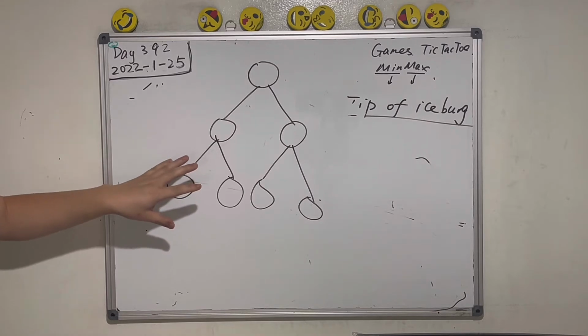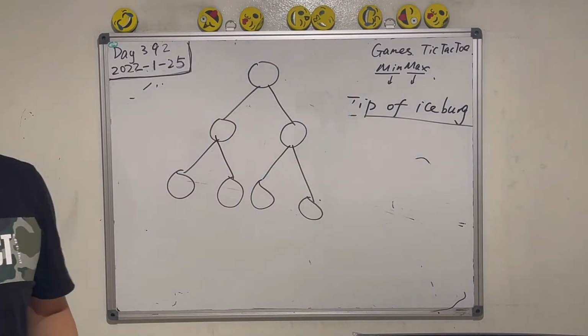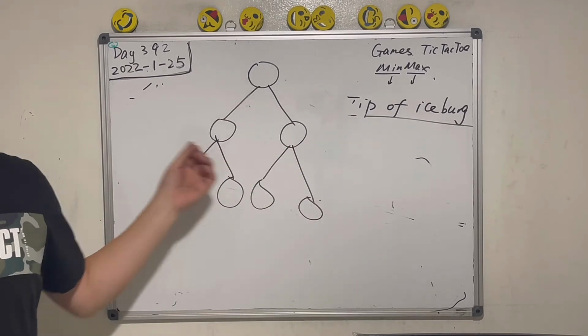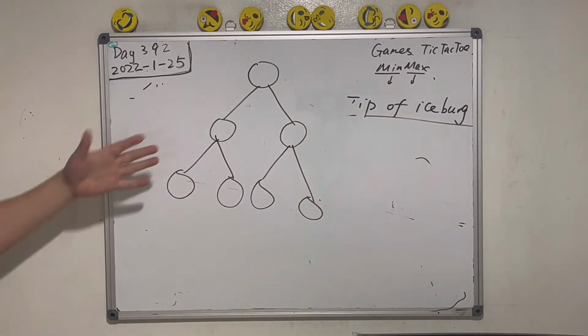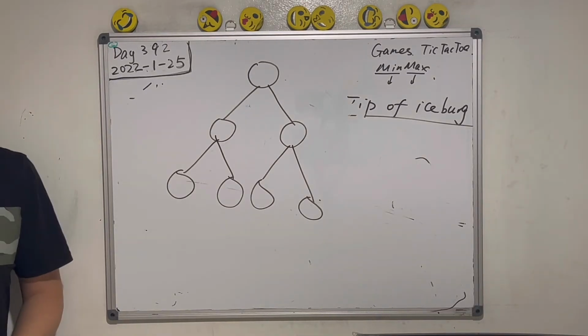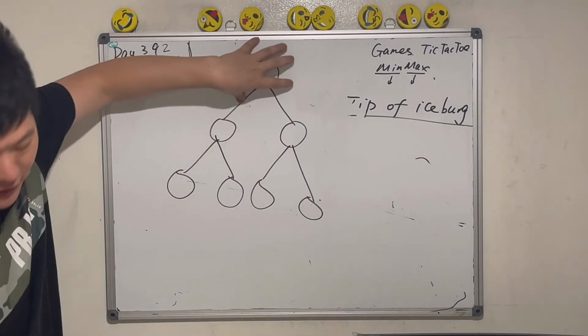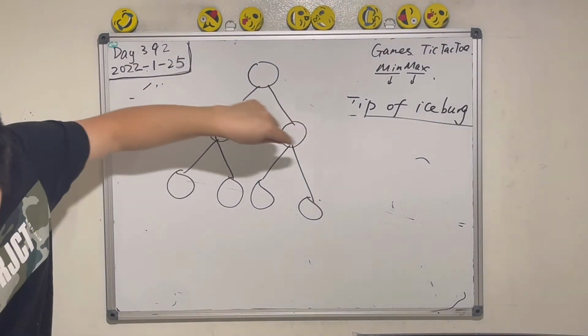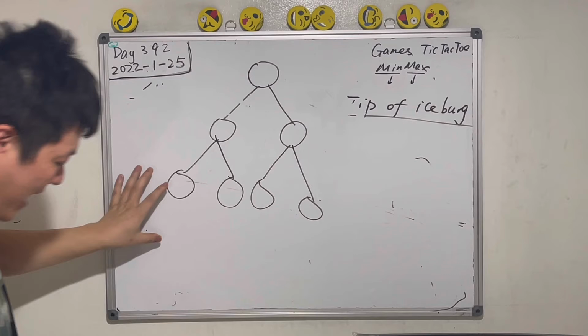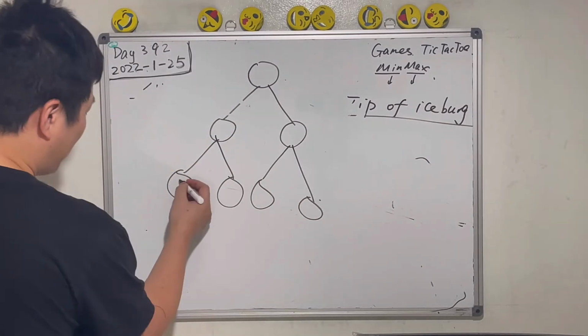For example, for tic-tac-toe, the branching factor could be 9 at most. Why is that? Because there are 9 squares. Starting from the root, you have 9 choices. Okay, so now we have 5, 6,